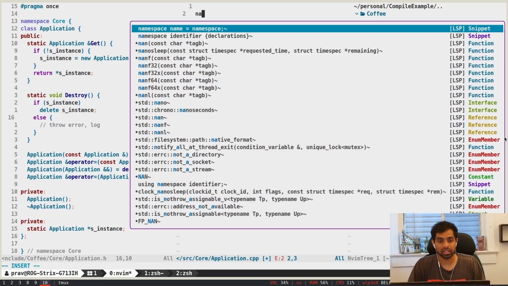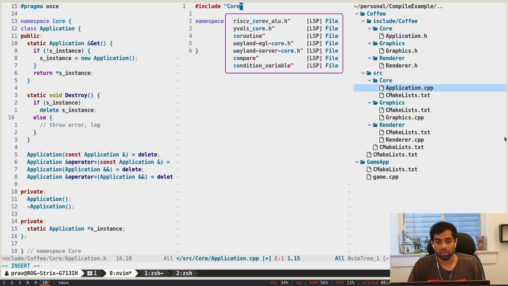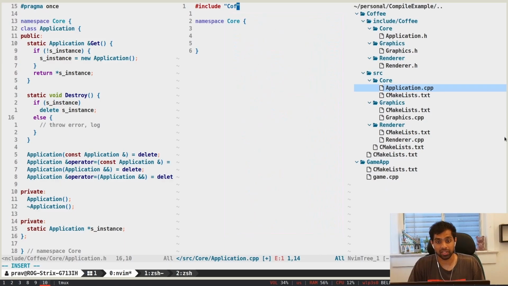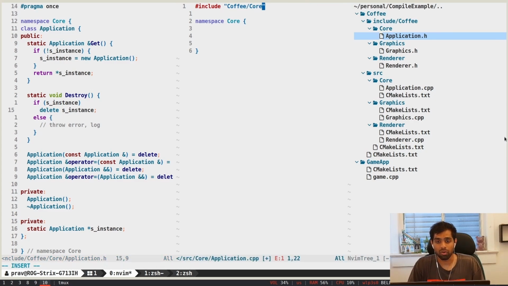So what I'm going to do here is specify the namespace first. And this is also going to be the core namespace. And I'm going to say, oh wait, this application.cpp, this implementation file, is going to include that file, right? Include coffee, which is the name of this engine, right? Because it's right here. Well, technically it's an include path. We're going to talk about this later, but so this coffee and then core and then application, right? So I'm going to say coffee core application